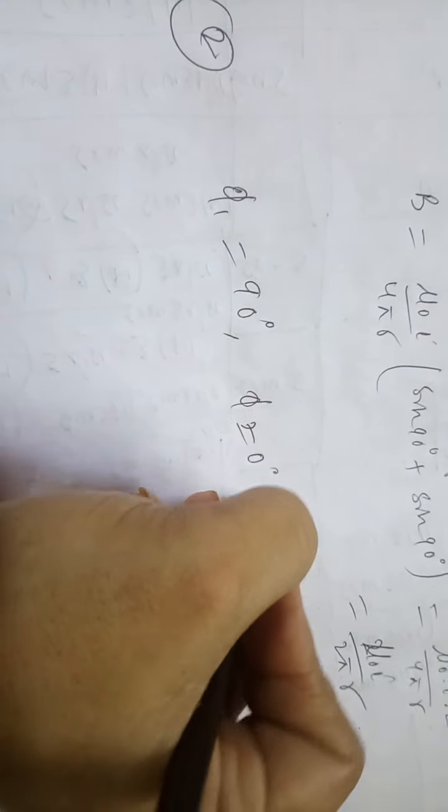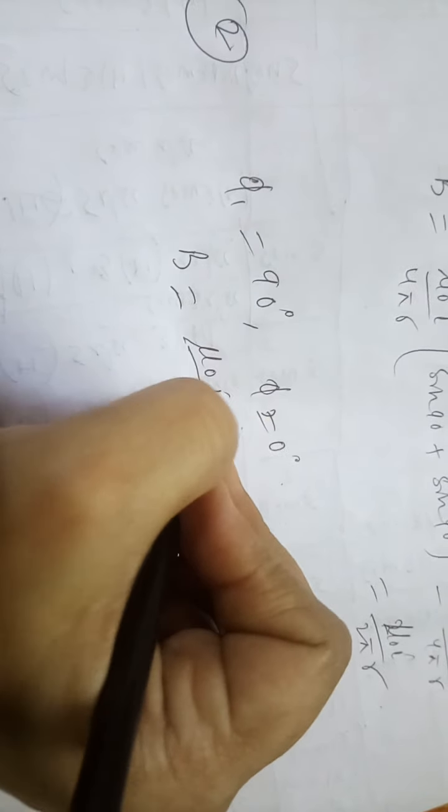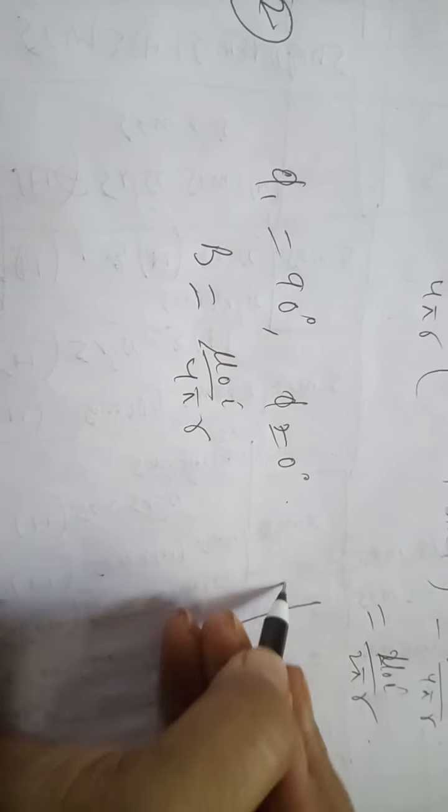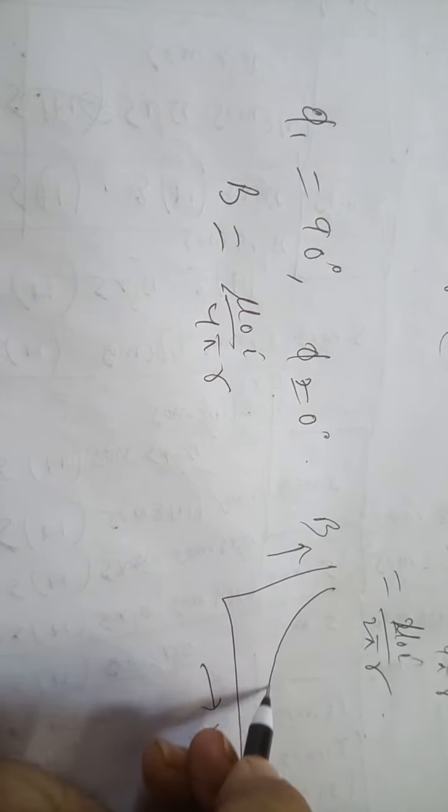So it is our wish what we want to take, and again substituting this, we will get B equals μ0 I by 4πr. If we plot a graph between the magnetic field B and the distance r, you can see that the magnetic field is inversely proportional to the distance. So the graph comes out like this. This is the nature of the graph for the magnetic field versus the distance. I hope it is clear.